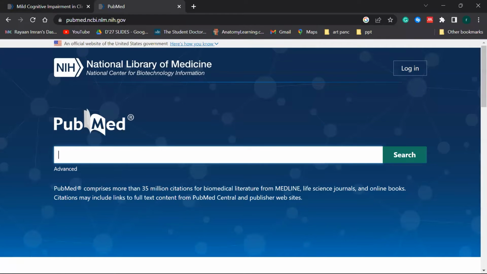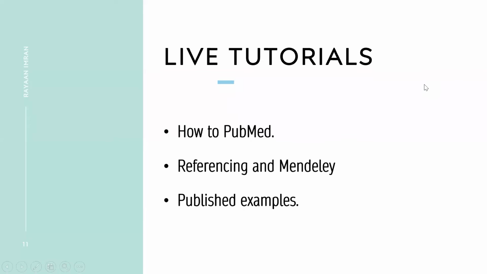Now what I'm about to show you guys is the very bare minimum basic sort of how you can filter and finalize your searches. And I'm going to show you what, as a first year student at Dow Medical College, how I did my first article and how did I search my article and how did I come up with a topic. So firstly, I'm going to explain a short thing that I think is very important in the live tutorial.